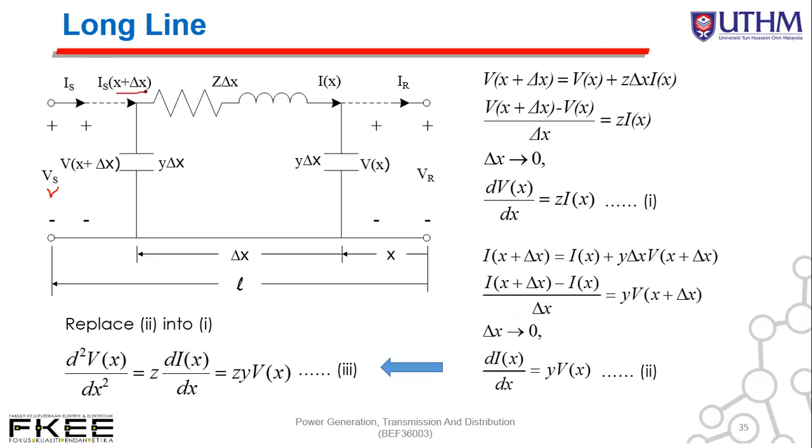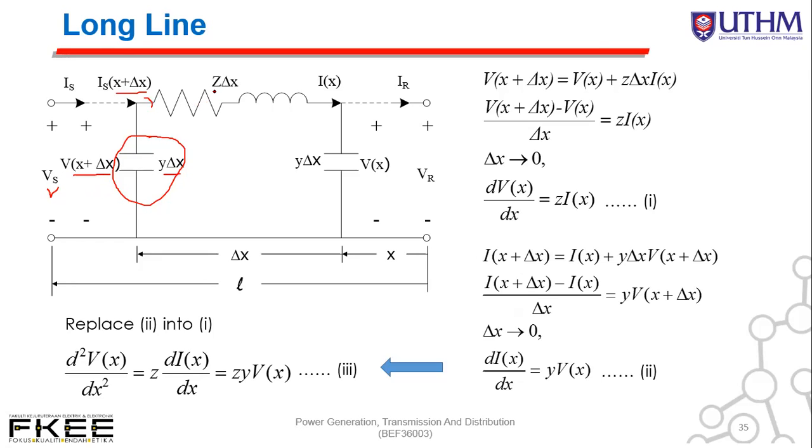Then for the first portion of the parameter constant, we have Vx plus delta x. Okay, and Y delta x is nothing but the admittance or the capacitance here, the first capacitance after the sending voltage,